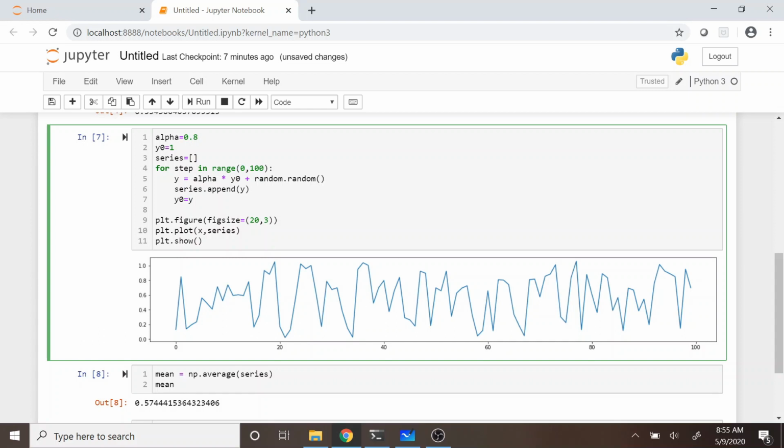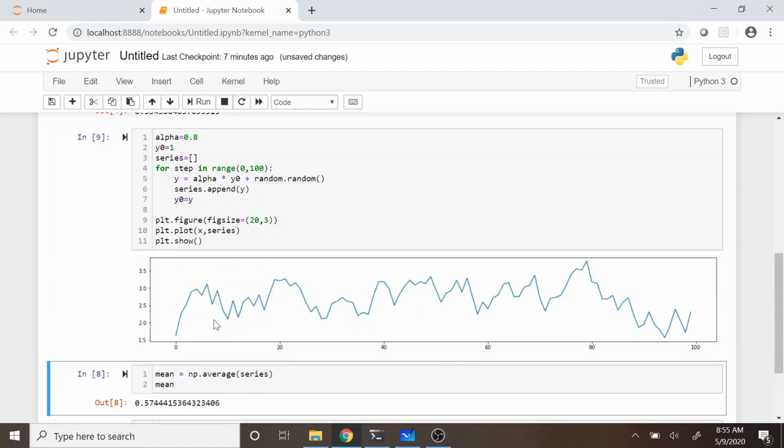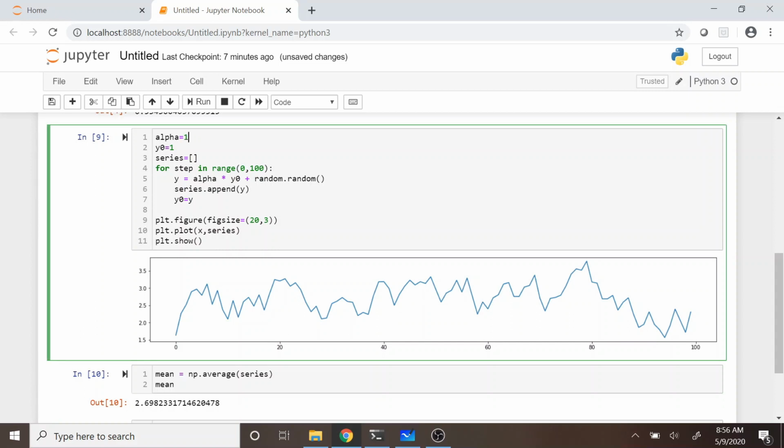So now I've moved alpha up and made it 0.8. Now you see that there are longer periods in which the value stays way above 0.5, or the mean value in this case, 2.5, because the values are now between 1.5 and 3.5. So the mean would be about 2.5, 2.7. Yeah, this is what it's saying. And then you see there are areas where the values consistently stay above. If I move it further to 1,